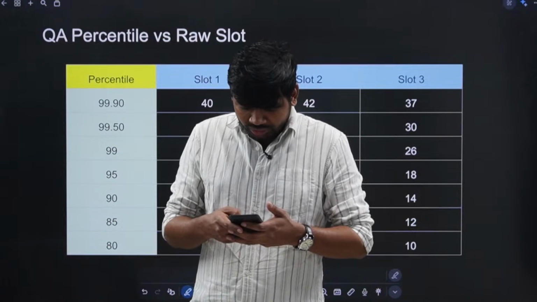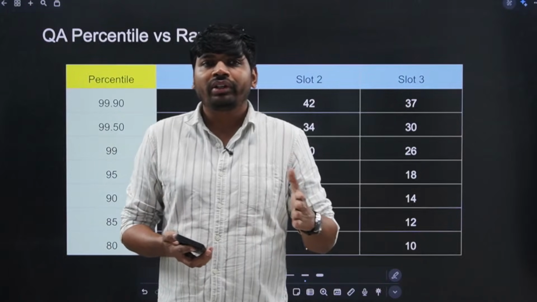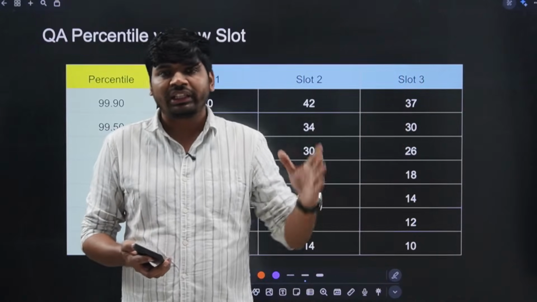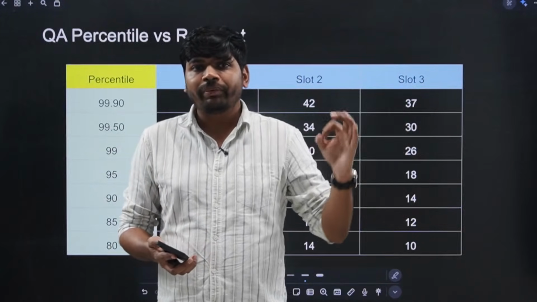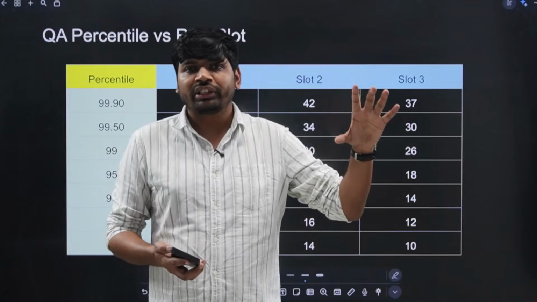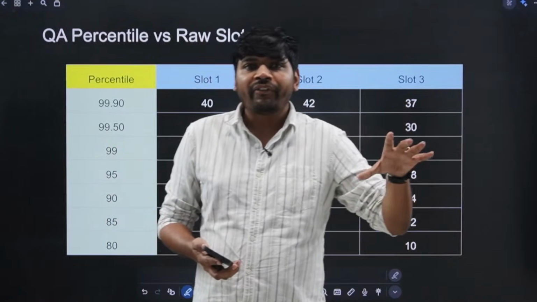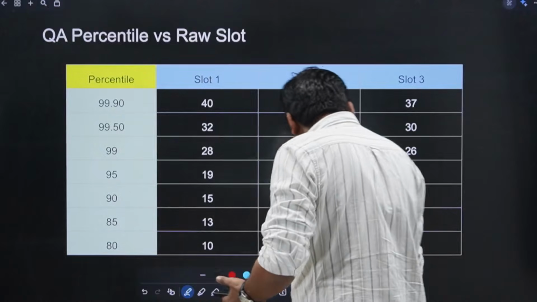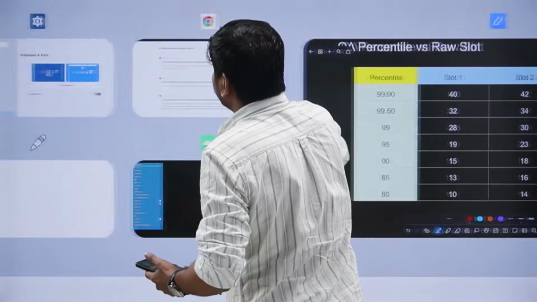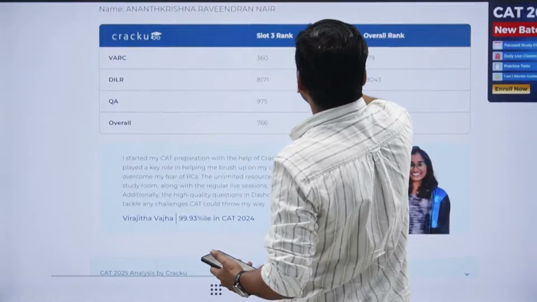Why does slot 3 scale down at low LRD? See, whatever scaling is done, it is based on the number of people who are scoring at higher percentile. The scaling formula says that we have to consider the top 0.1% of a particular slot of a particular section. If they have done very well in a particular section, particular slot, that will affect the overall scaling, and it also depends on the average score. If we discuss the average scores of a particular slot, okay,